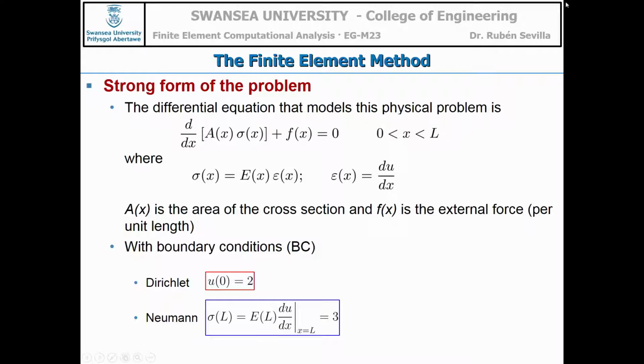In this case, what we have in here is this equation, which is nothing but equilibrium of forces, okay, for an elastic bar. We have then the material, we have the definition of the strain, and important, don't forget, we have boundary conditions, two types of boundary conditions. Could be Dirichlet, that means displacement known, or could be Neumann, that means traction, you've got known at one of